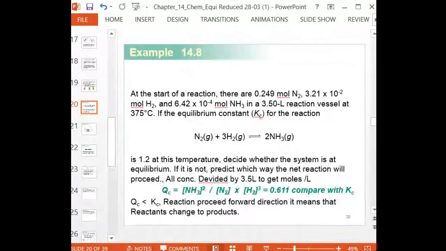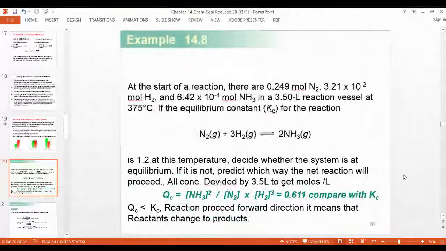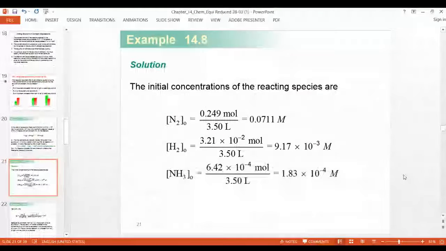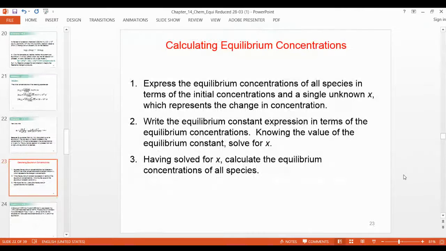All right, so I'll move to the other slide. This is the calculation here. Now look at here. The new concentration divided by this liter, and that new concentration you put into it, you will get 0.611. In that way, you will get it. Okay.